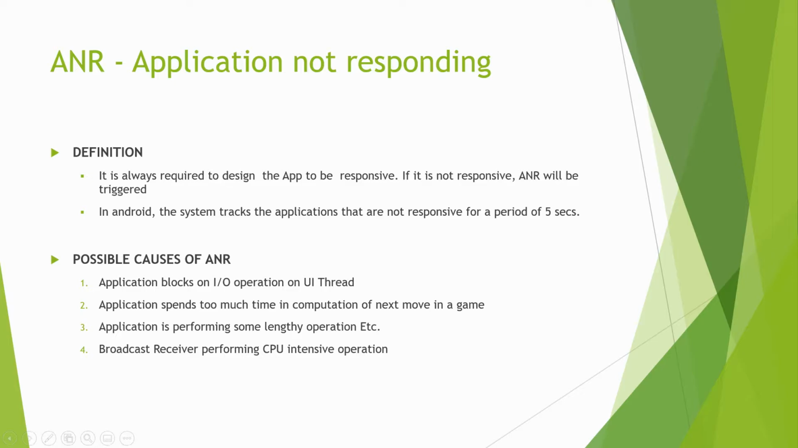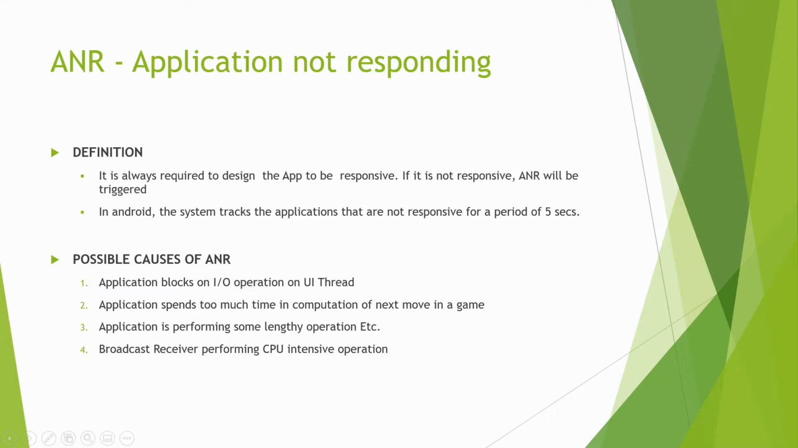We should take care that our main thread is always performing some task and does not perform any task for more than 5 seconds. If the main thread is not responsive, then ANR will be triggered. And what are the possible causes of ANR? Why will the main thread not be responsive? The possible causes are: the application blocks on IO operations